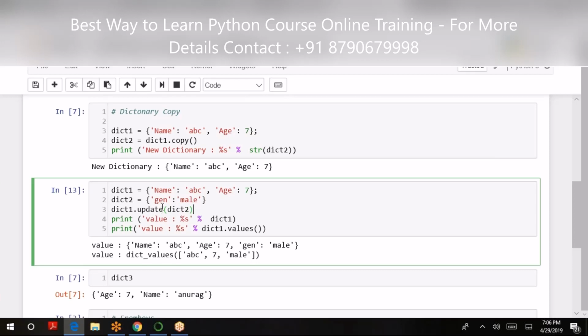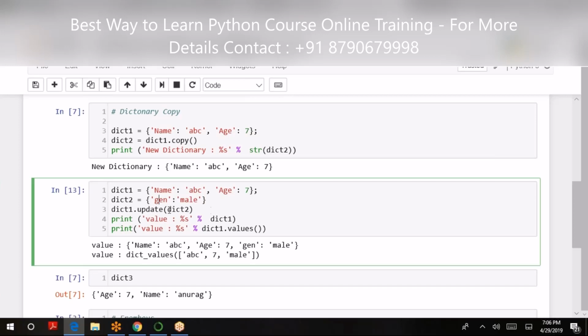Now here in this case, as there is a clear and copy command, likewise there is an update command. So likewise we can have, for example, dictionary1.update(dictionary2). Dictionary1 is which we have mentioned using two labels, name and age. Dictionary2 is another dictionary where we have, let's say, the gender.